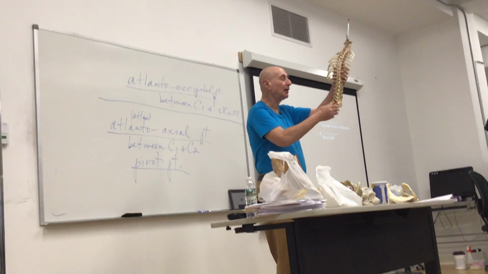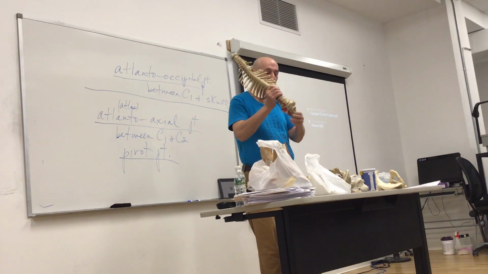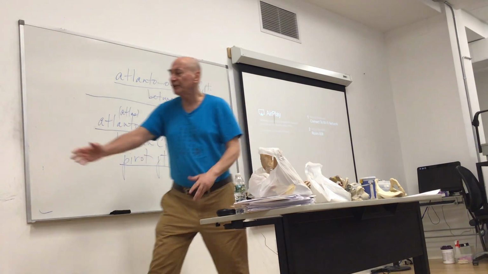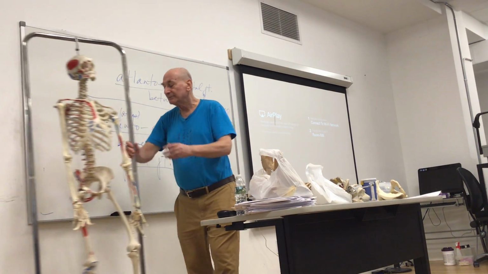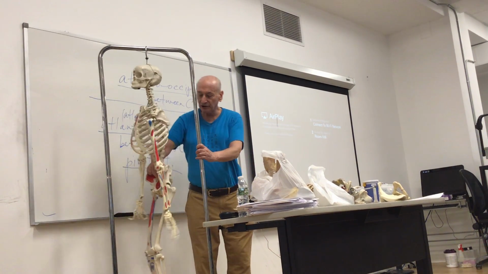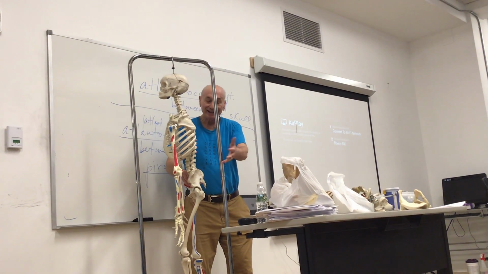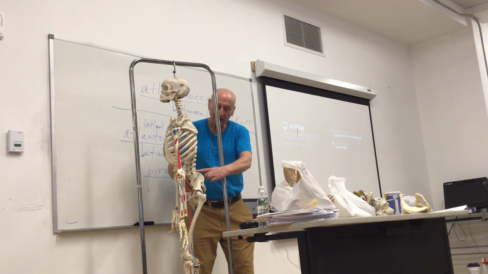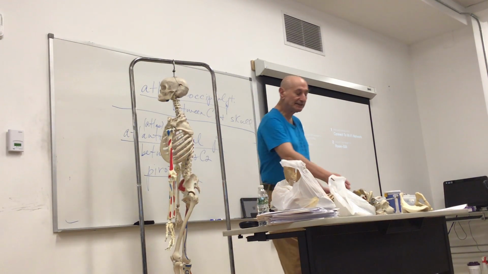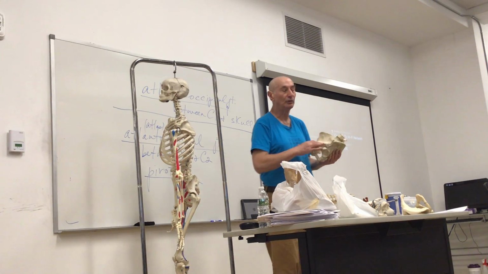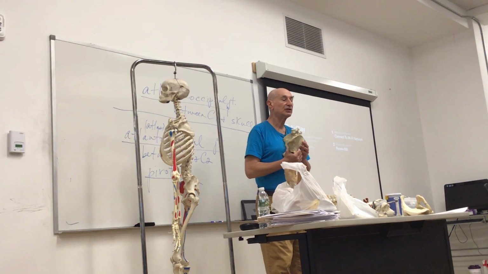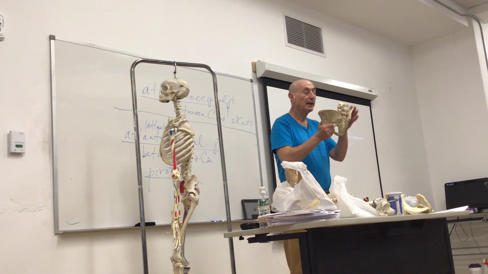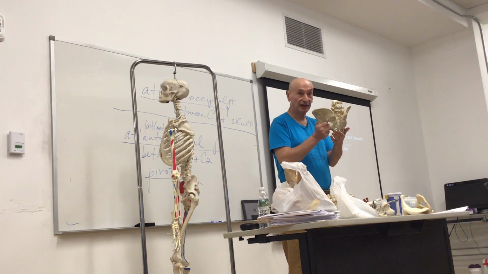So anyway, sacrum, it's 5 fused vertebrae, but the only questions for sacrum are which bones, or how many bones, does it articulate with? And it articulates with the 2 os coxa, L5, and coccyx. So 4 bones total. Sacrum, strategically located, articulates with 4 bones: the 2 os coxa, L5, and coccyx.